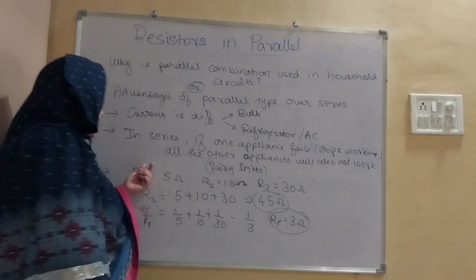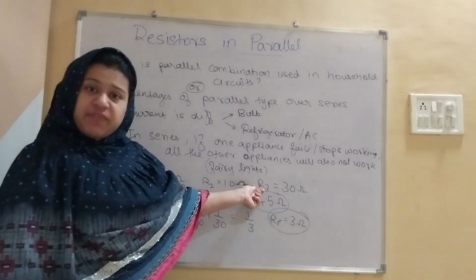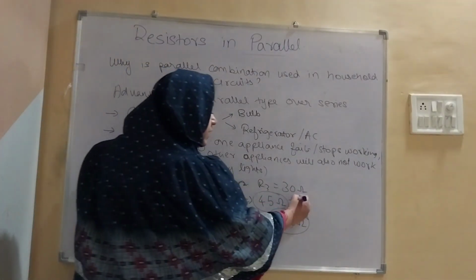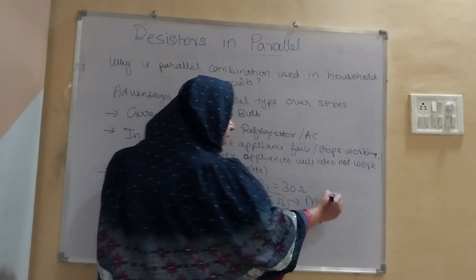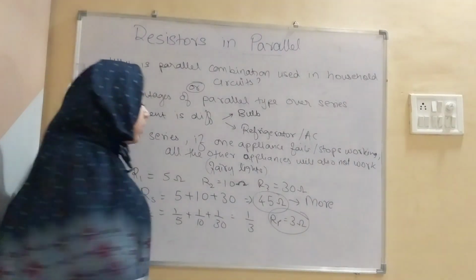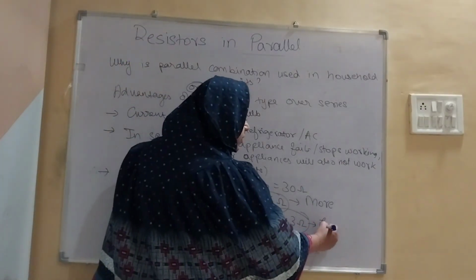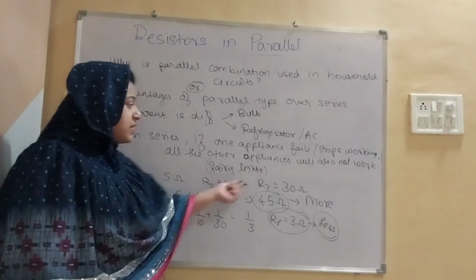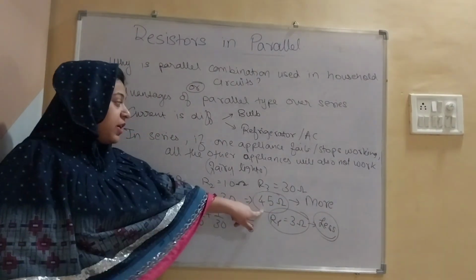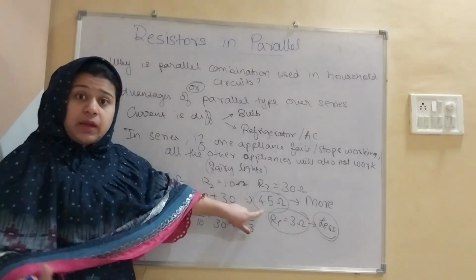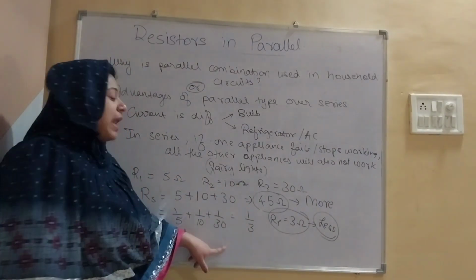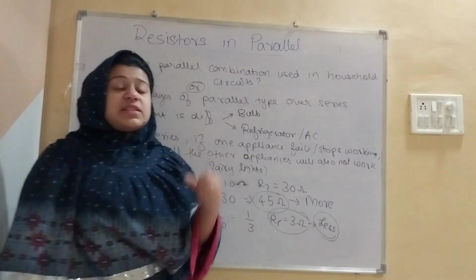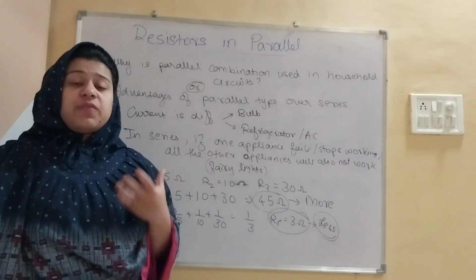So see, same three resistors हैं for same value. सेम वैल्यू ऑफ रेजिस्टर्स को अगर सीरीज में कनेक्ट किया जाए तो रेजिस्टेंस ज्यादा आएगा, मोर रेजिस्टेंस, और अगर पैरेलल में कनेक्ट किया जाए तो रेजिस्टेंस क्या होता है, बहुत कम। ठीक है, सेम वैल्यू ऑफ रेजिस्टर्स को अगर सीरीज में कनेक्ट किया जाए तो टोटल रेजिस्टेंस बहुत ज्यादा होता है, एंड सेम वैल्यू ऑफ रेजिस्टर्स को अगर पैरेलल में कनेक्ट किया जाए तो टोटल रेजिस्टेंस बहुत कम रहता है।